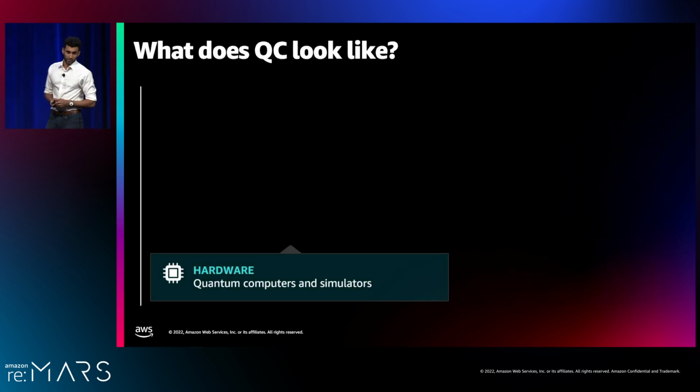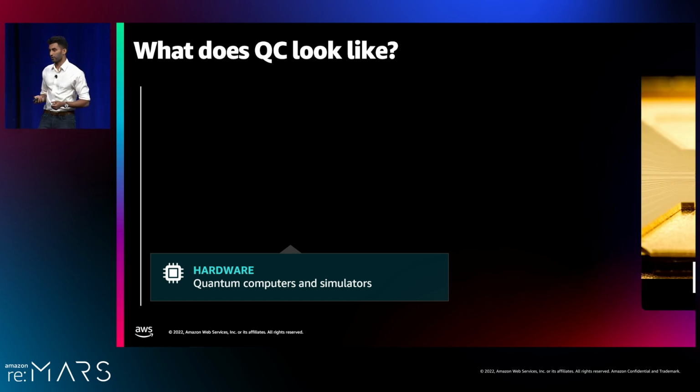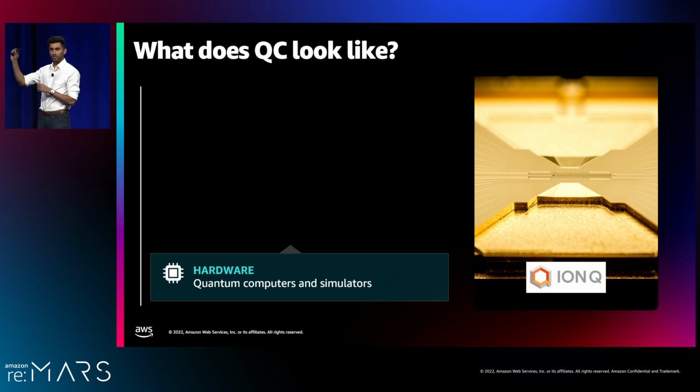We'll start with the hardware. These are the people building the quantum computers. Some of them do it like I showed you before, like IonQ. They store the qubit in the outermost electron of some levitating ions. But there are many other ways of doing this. Tons of different architectures. Some of them are faster. Some of them can store more qubits. Some of them can create 3D grids that can play Super Mario. This is physics at its finest.